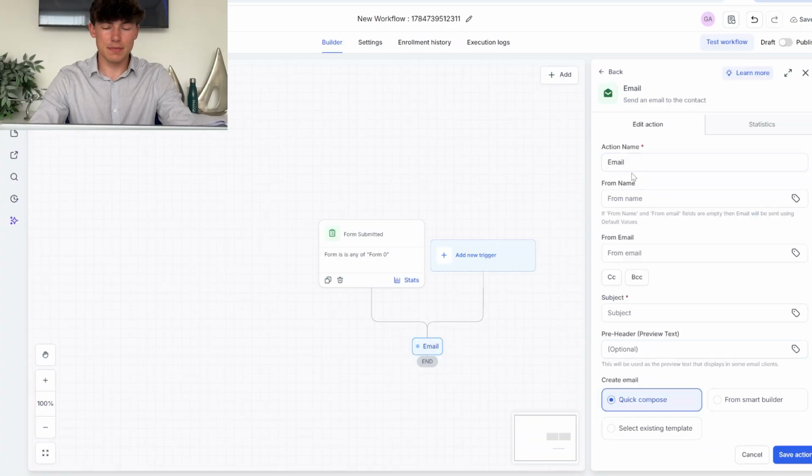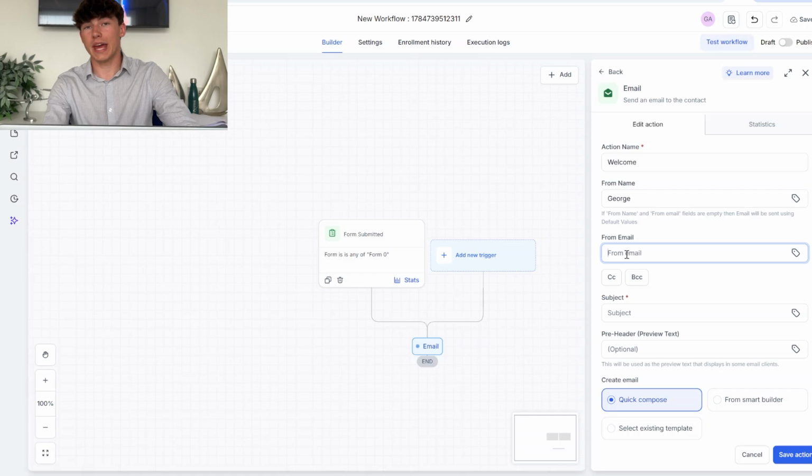And once you've clicked send email, you'll be able to add an action name. This is going to be a welcome email for when people have filled out a form on our landing page. From name, that's just George. And from email, once again, we want to use our main domain, not our subdomain. So I'm going to use